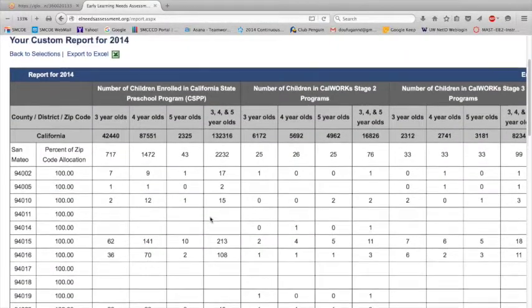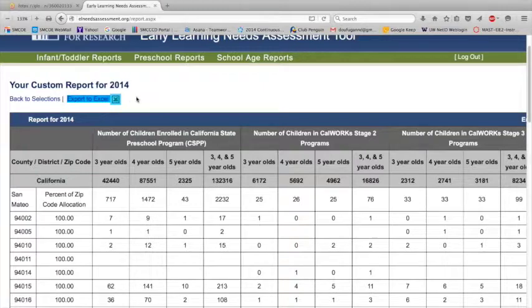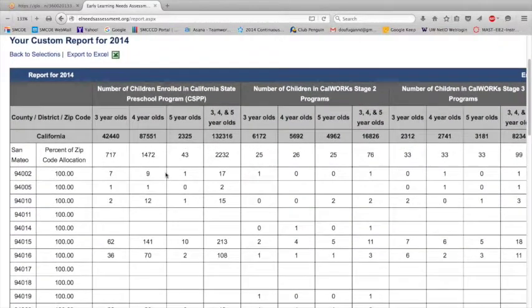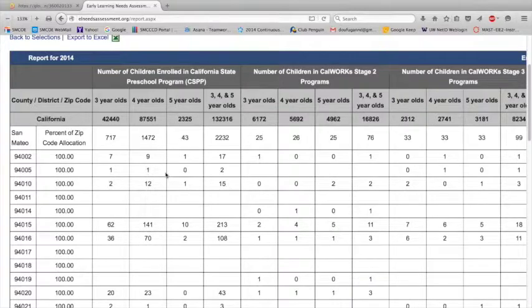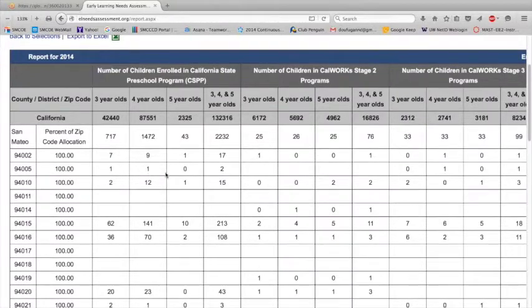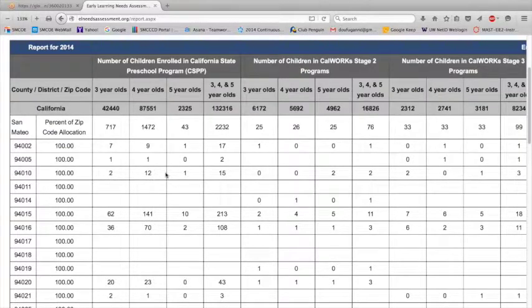So first you're going to want to export this to Excel. They give you that choice. You click on it, and then an Excel file will download to your desktop, and then you can begin to mess with that by deleting zip codes that don't make sense. What I typically do is I will do another save as so that I still have retained this data someplace as it was originally, and then I'll start playing with it. Do I want to know the 3s and 4s together? Then I'll add myself a row and add it together.